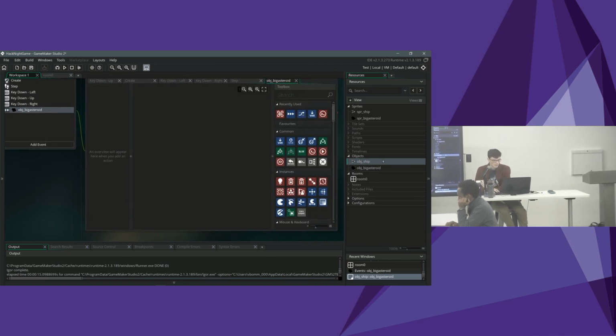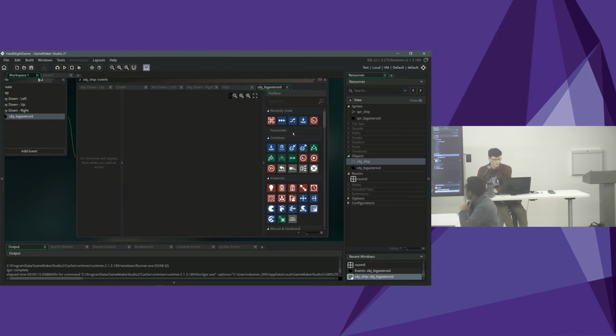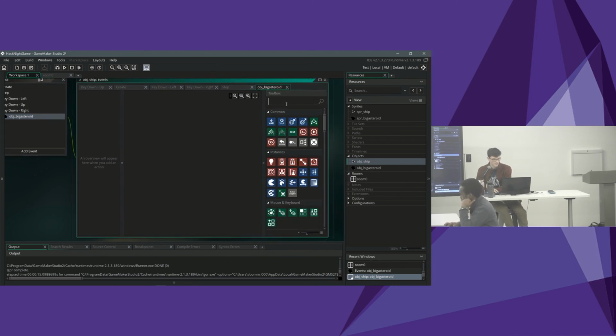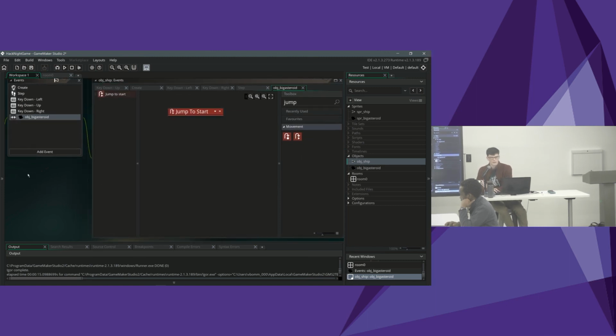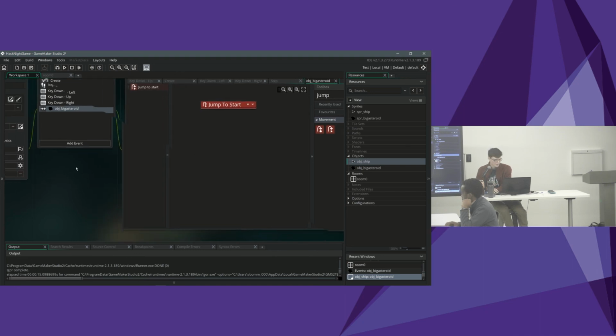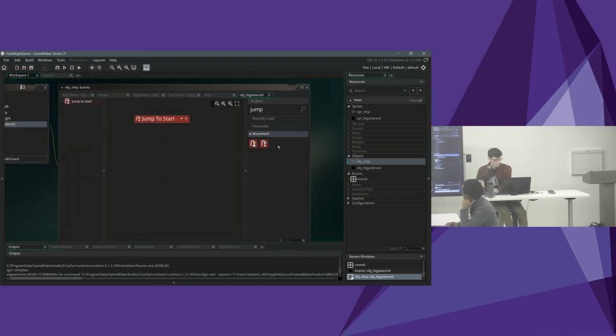What you can do here, so the way I actually programmed the game was that instead of actually destroying the ship, it just jumps to where it started. So if you search for jump, there's a jump to start button, and that'll make it so that whenever you hit an asteroid, you're just going to jump back to the origin position wherever the room set it up to be. And I'm going to